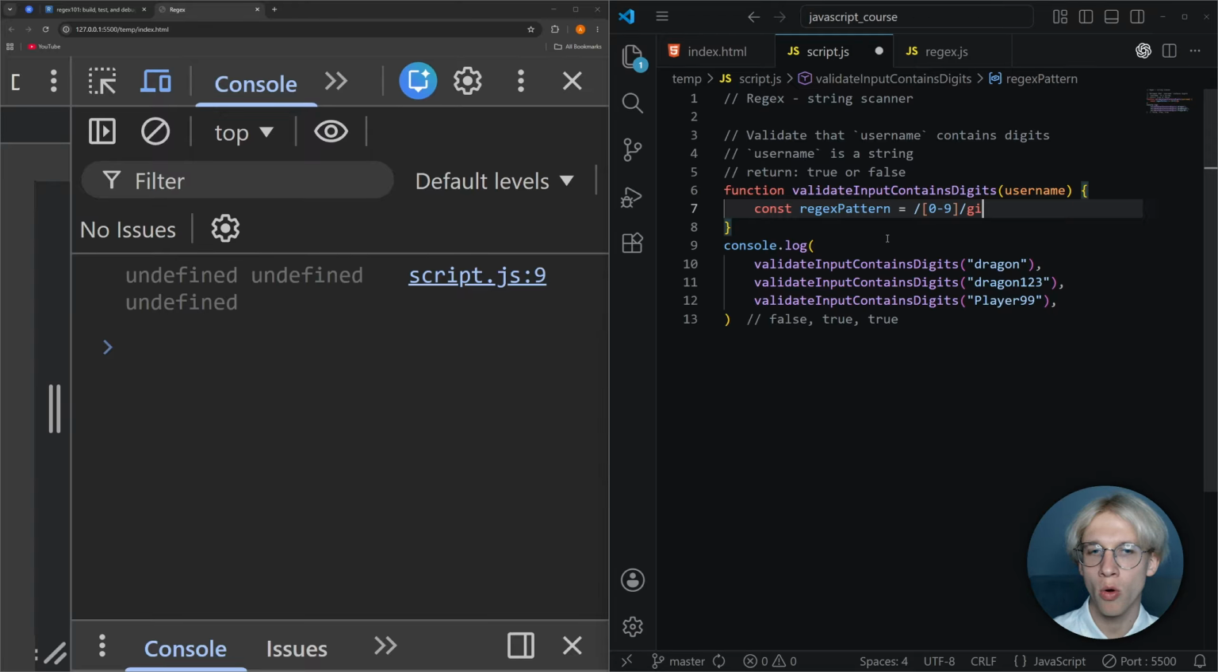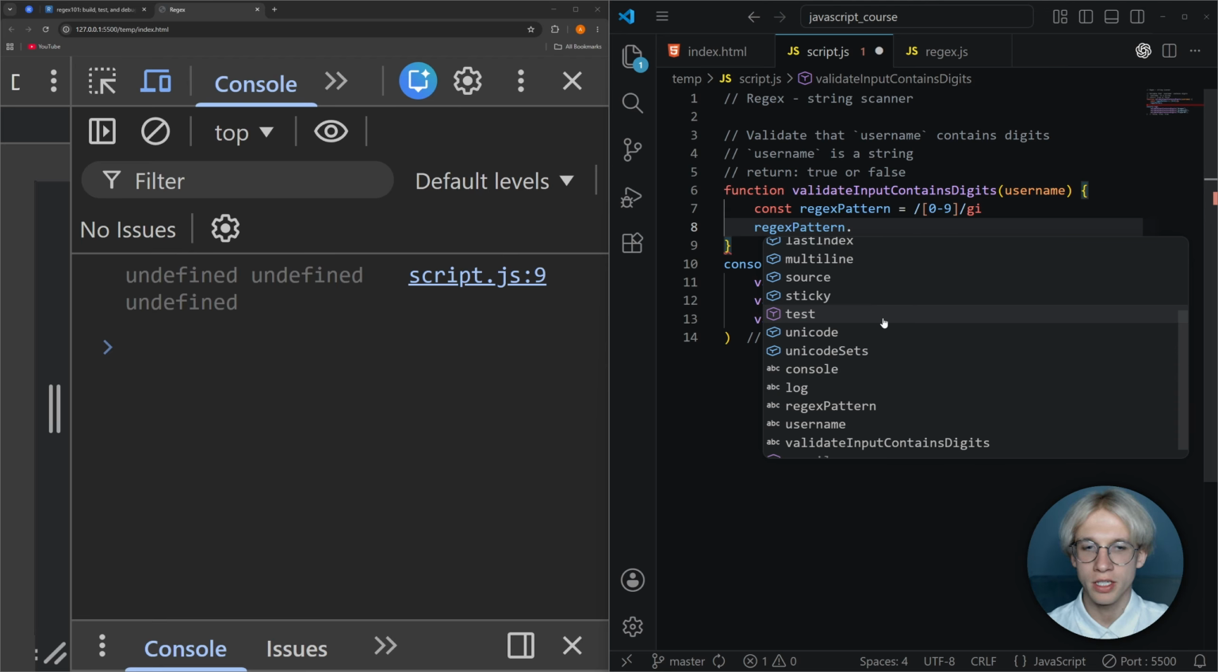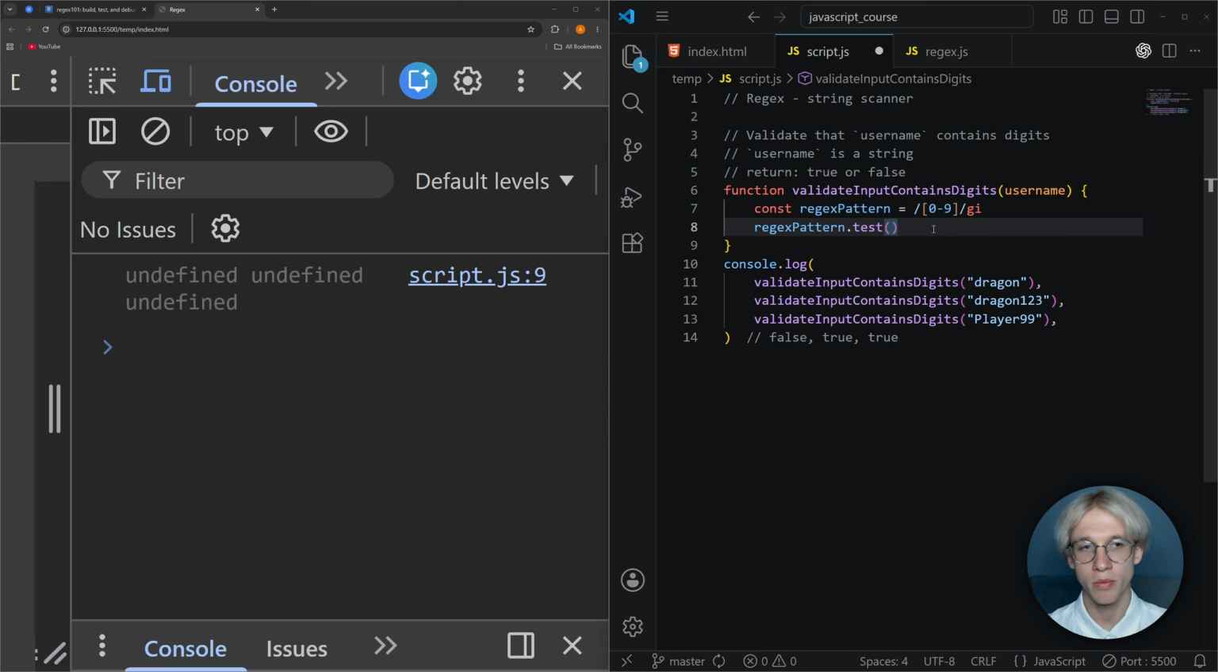And then if you hover over the regexPattern, you will see that the type of this pattern is a regular expression. If you write regexPattern dot, you will see the list of all properties and functions that the regex has. One of the functions is called test. We will use this function, and if you look at the description of this function, you will see that it expects one input parameter, a string, and it returns a boolean, so true or false. Basically it works in the way that if a match was found, it returns true, and otherwise it returns false. So now here we can pass the username,